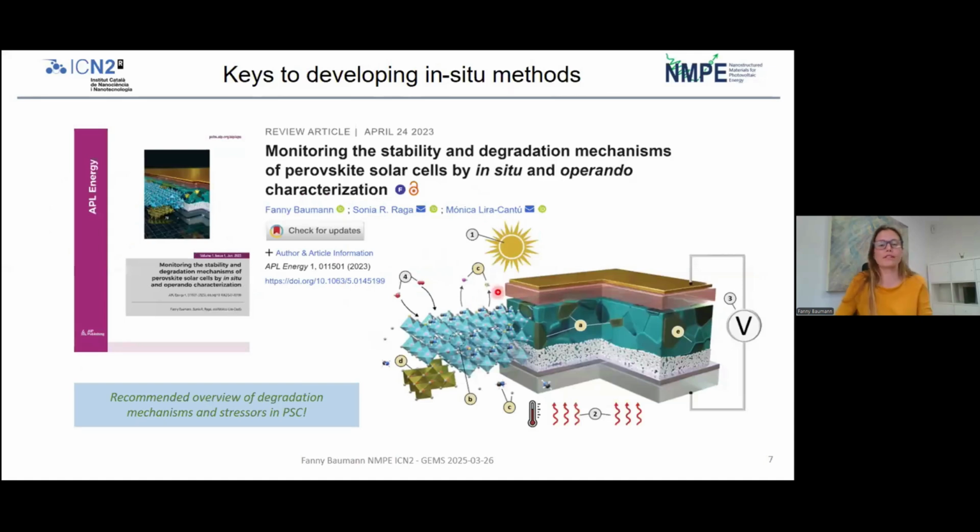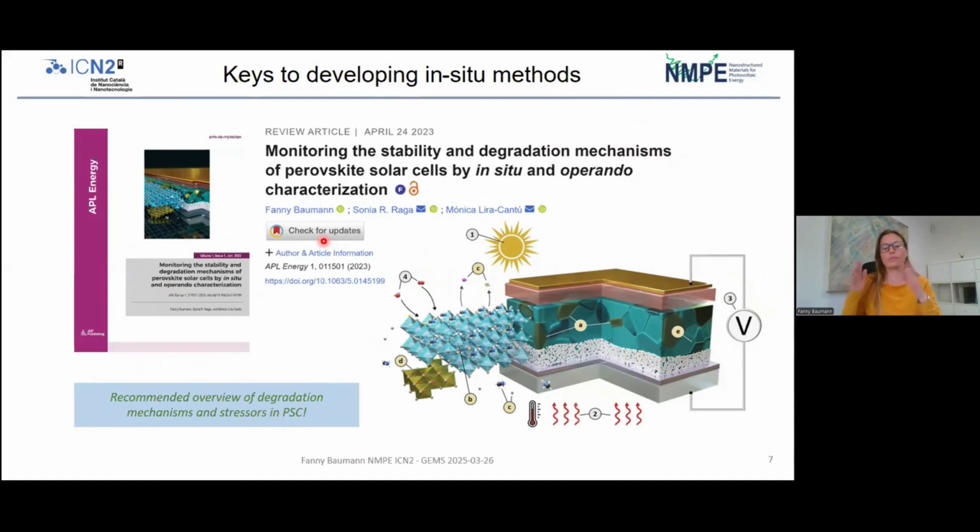To gain more insight into perovskite degradation and also into how to perform in-situ and operando characterization, we performed a quite extensive review of the literature, where we just took into account works that used in-situ and operando characterization with physical and chemical information. So I really recommend our review to get a little bit of a sense of synergetic and competitive effects